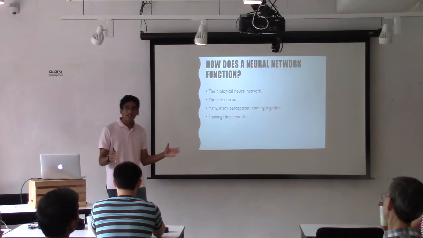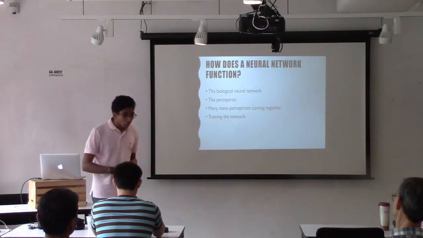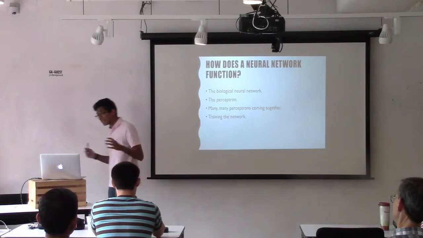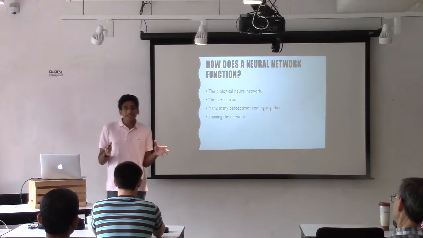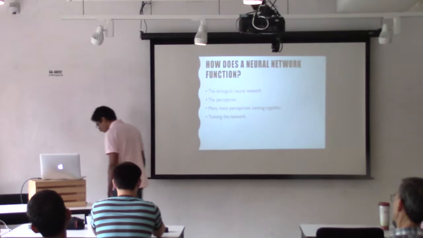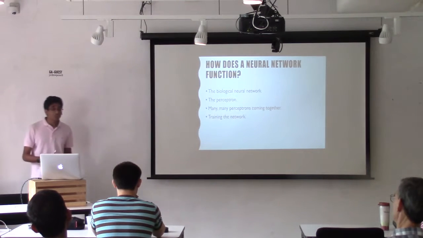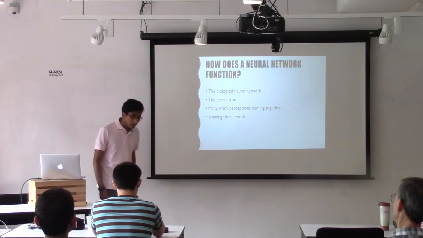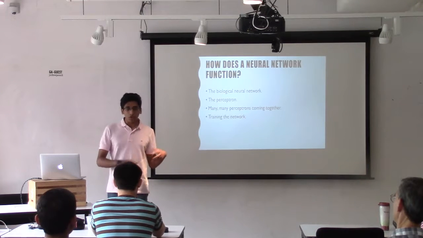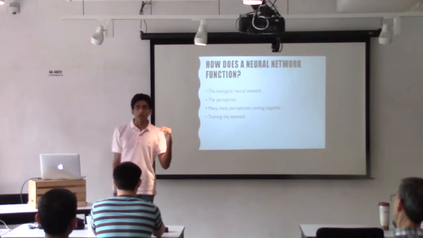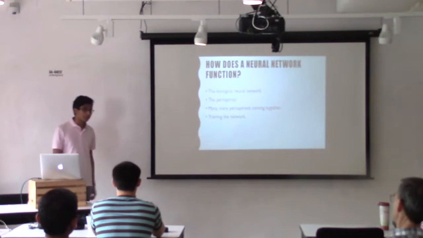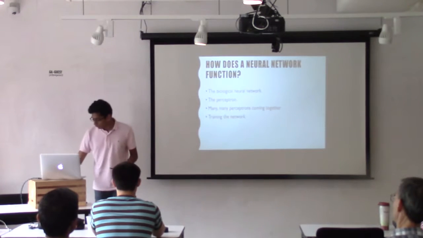The biological neural network is essentially built of neurons. And when you send enough electrical signals to a neuron, it fires off a binary signal. It does this a lot and it's very complicated. Now, the reason neural networks are called neural networks is because they were inspired by these biological neural networks. In fact, the first perceptrons, which is the neuron of an artificial neural network, were built with the same functionality, using an activation function. If your inputs sum up to a certain point, fire off a binary output, otherwise don't bother. Now, newer, more sophisticated perceptrons are much more intricate than that. We're going to go through that.